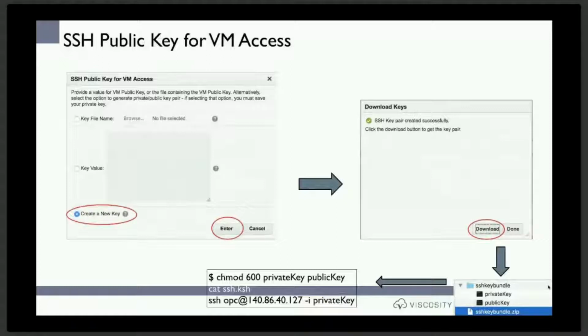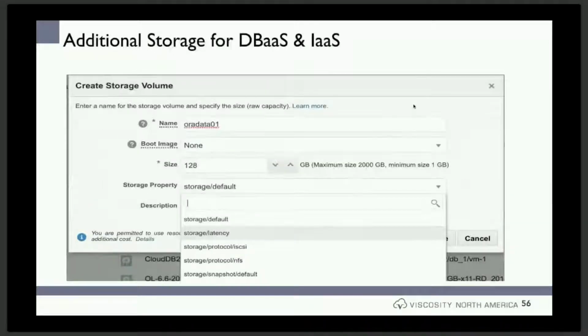Okay, so now once I create my database, how do I actually access it, right? So there's a concept of private key, public key, right? You can have Oracle create your key for you, and you can download it as well. For companies who are very secure, this will not be the option that they choose. You'll choose the option where you can actually upload your own key. And so from a storage perspective, right? From a VM perspective,